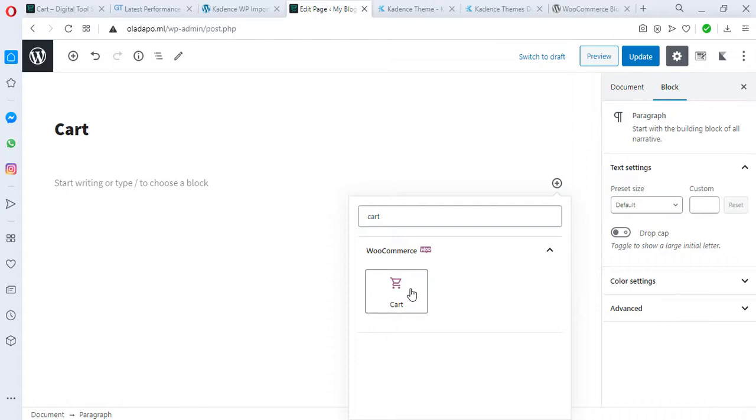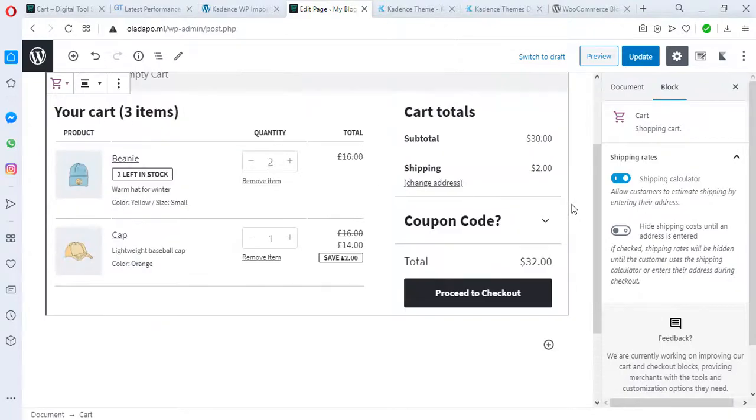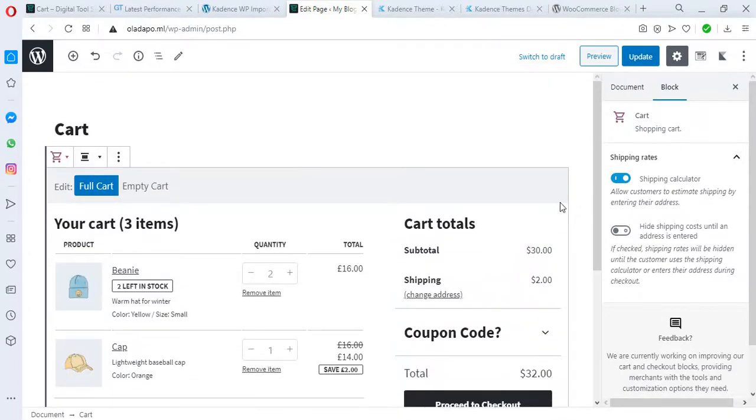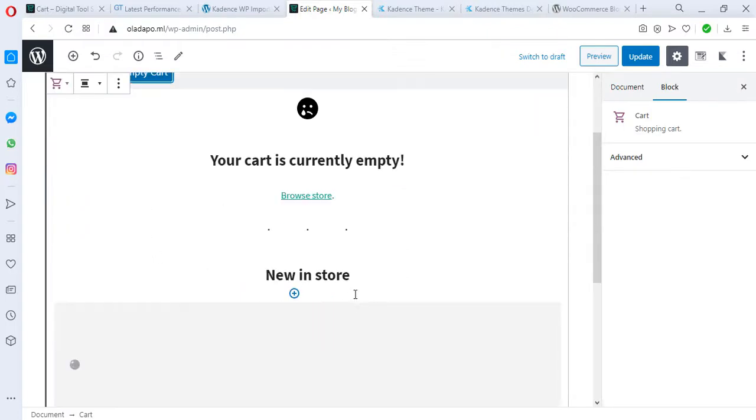Ideally, you wouldn't have this cart option if you did not install the WooCommerce Blocks plugin, because it is the one giving us this feature, and that's the reason why we had to install it earlier. So make sure that you install that plugin. You see that we have a preview of what our cart page will look like when it is full,